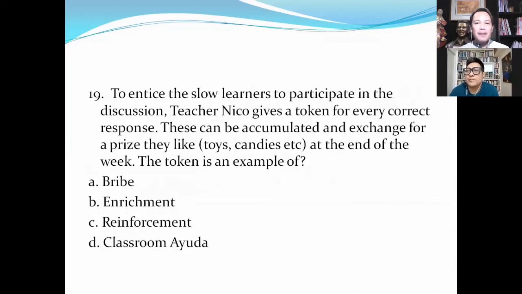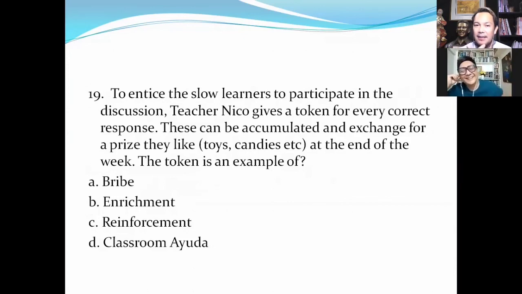Effective din yun. But, of course, when you give this token, hindi pwedeng for every correct response, you give a token, nagkakaroon ng satiation, nagsasawa. Sasabihin ng bata, candy na naman, puro candy na naman, sakit na nga ng ngipin. Hindi na sila sasagot, di ba? Sabi ko, whoever gives the answer, candy for you, hindi pwedeng lagi na yun. So, tamas na yung sugar level ng mga bata. Hindi na nagiging effective yung reinforcement.